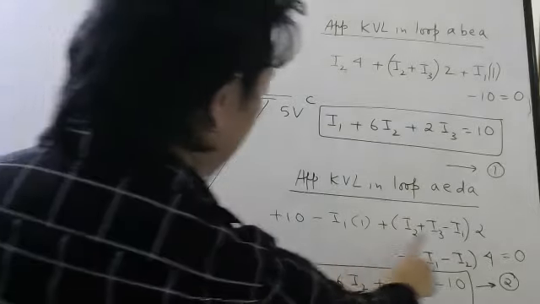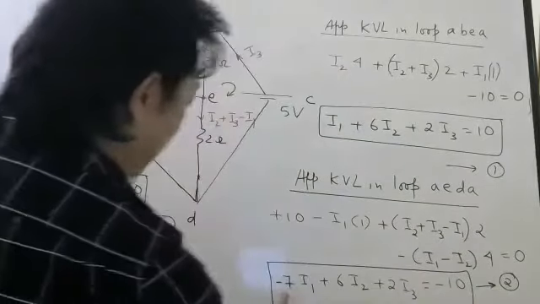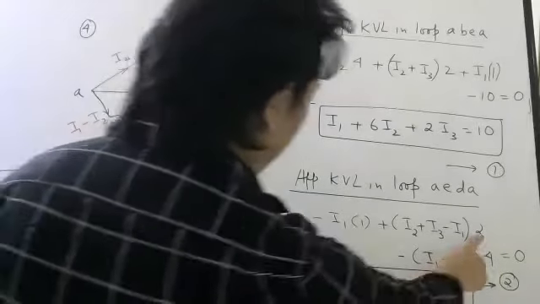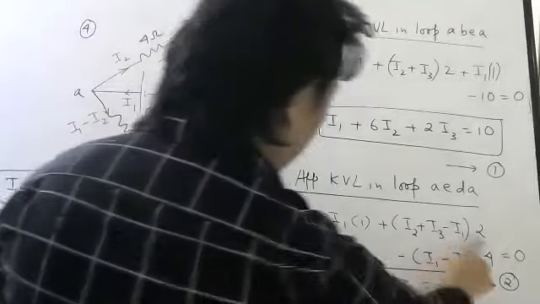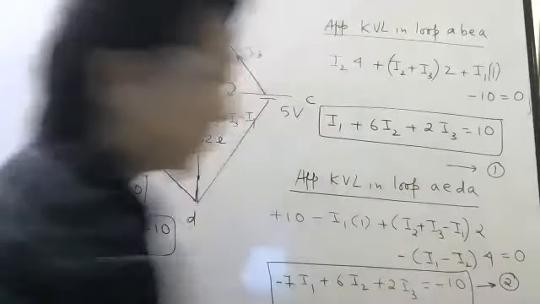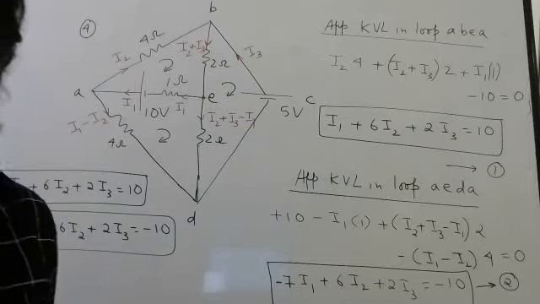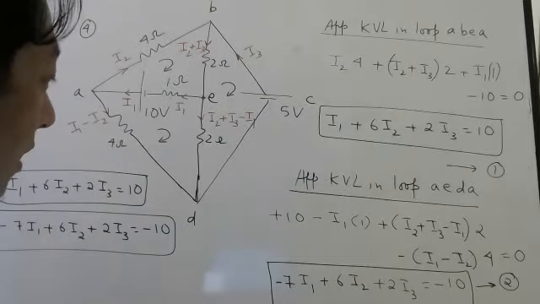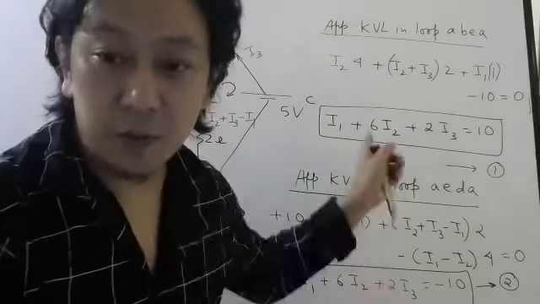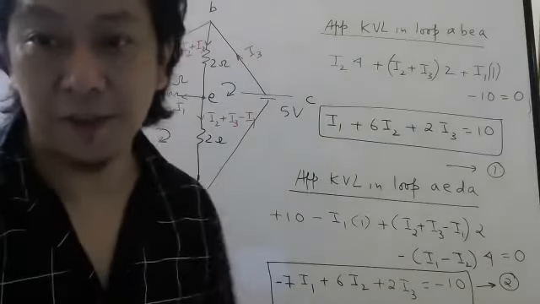Did I do it correctly? Check the signs once, all of you. Minus I1, minus 2I1, minus 3I1, minus 4I1, minus 7I1. Then I2: 2I2, minus minus plus 4I2, 6I2. 2I3, then I took 10 that side, minus 10. Is it correct till here? Check here once, all of you. Subtract 1 and 2 and we will get the answer. Yes, I think students, if we subtract these two equations, we will get the answer. We don't have to go for the third equation.